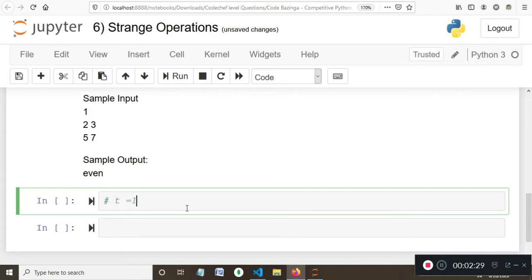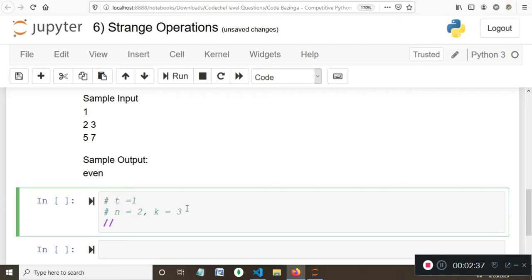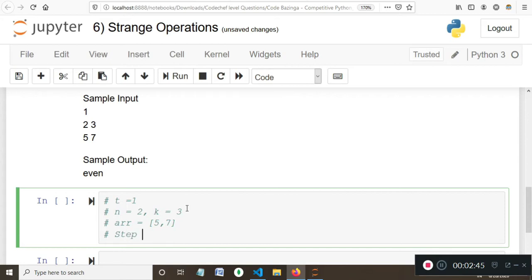T is the number of test cases, then n is defined as 2 and k is defined as 3, and the array is 5 comma 7. Now in step 1, since k is 3, when k is 1, we have to add an element to the array that is strictly greater than its sum.